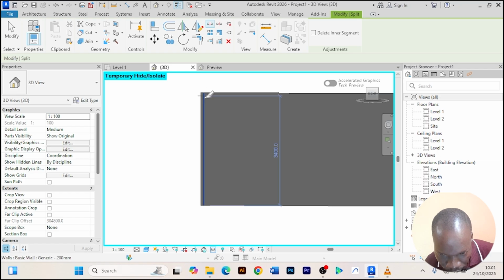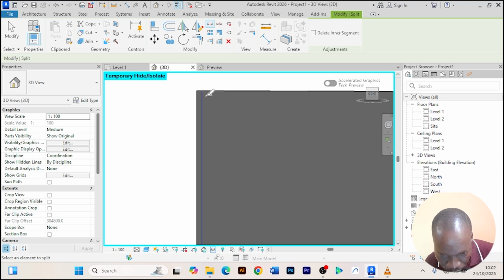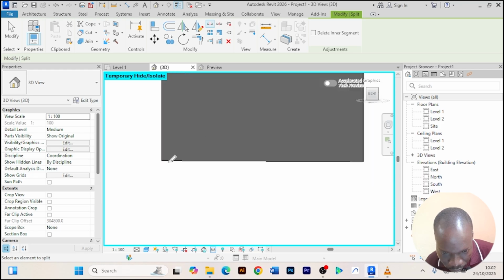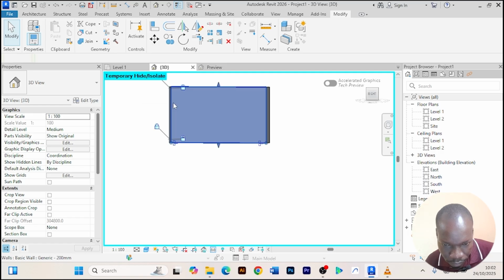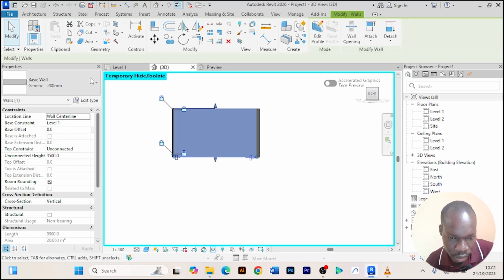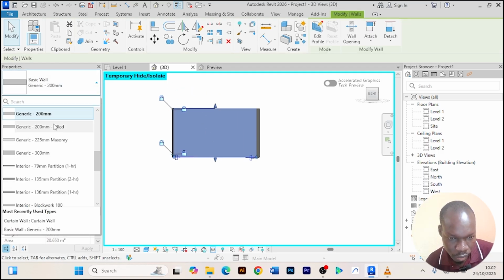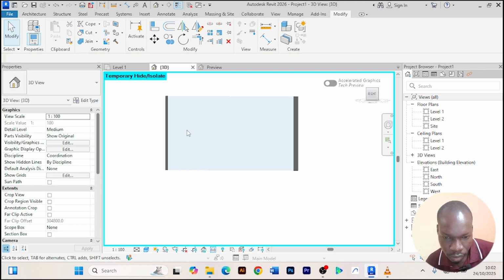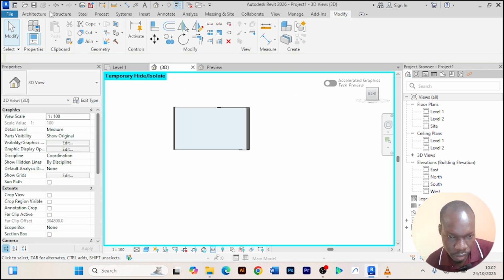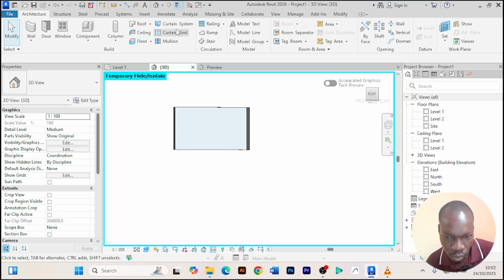Then upwards, split there, split here, and then you select this, you come to wall, you change this to curtain wall, drop down, change it to curtain wall, you create the grids, you come to architecture, you go to grid,